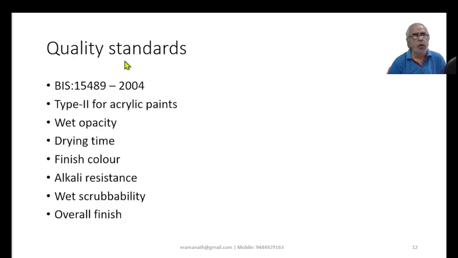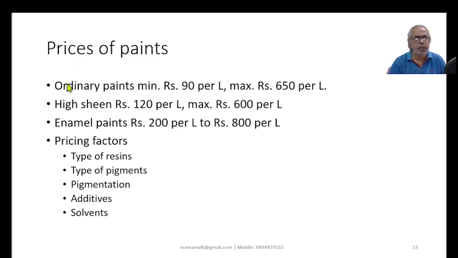And then quality standards. When we talk about the quality standards, we need to be aware of these British standards, 15489 2004 for this kind of acrylic paints, and type 2 for acrylic paints. Then wet opacity, drying time, finish color, alkali resistance, then scrubbability, wet scrubbability, and overall look and feel of the paint should be checked. And then normally ordinary paints may range from 90 rupees per liter, even that is, it